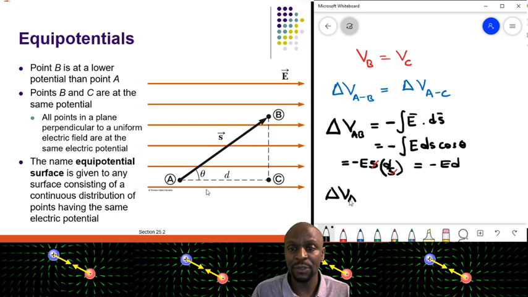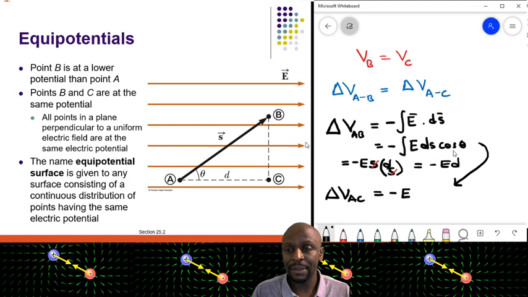Now, if we can also show that the change in potential for moving from A to C is equal to this, then we will be in a position to say the potential at B is just the same as the potential at C. Everything will just be the same, and then I just want to take it from here in solving that problem. In that case, we are just going to have this, minus E,